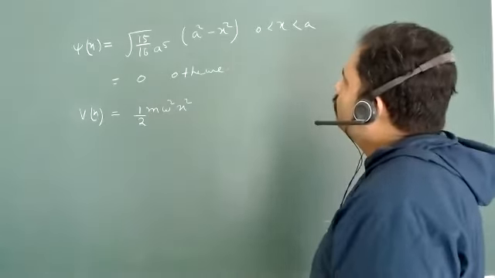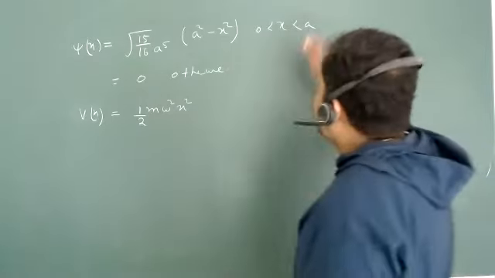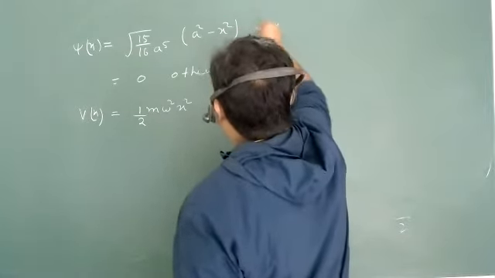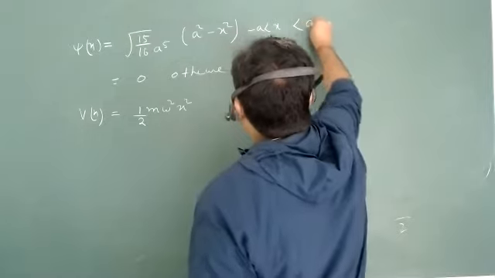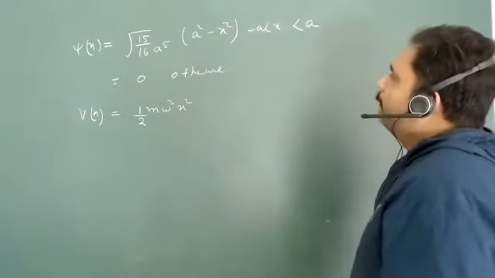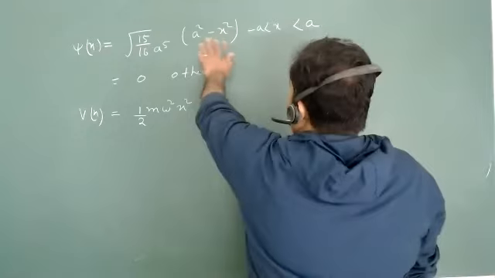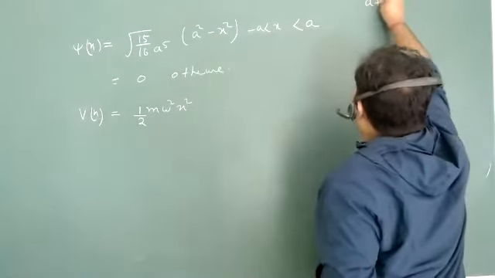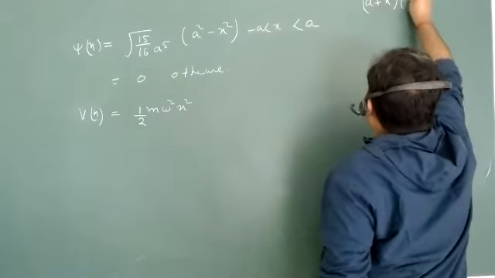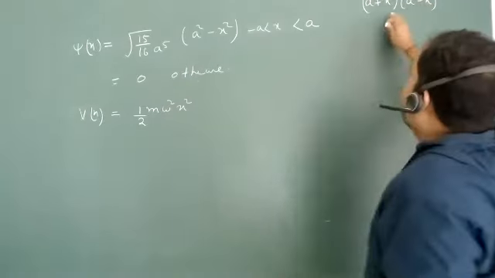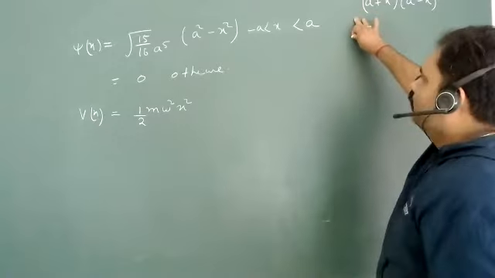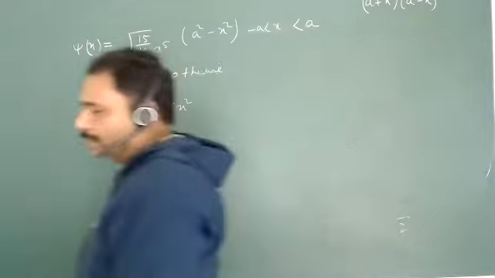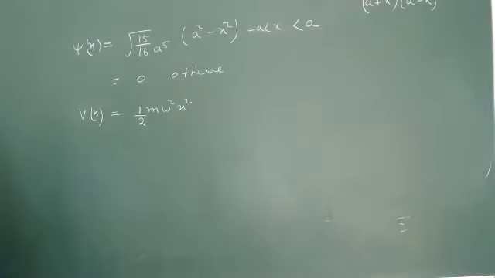है ना? So I think this is between minus a to plus a. This is x between minus a to plus a. Then it will work. Isn't it? Because this is (a plus x) into (a minus x). ऐसा ही होगा ना? Look at this function. This is (a plus x) into (a minus x). Then x equal to minus a, it will be 0. x equal to plus a, it will be 0. So x will be minus a to plus a. So we are just taking this as our wave function.